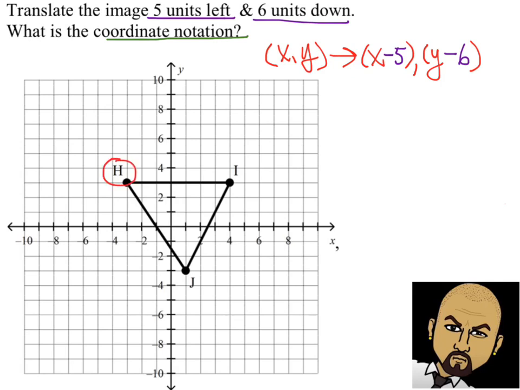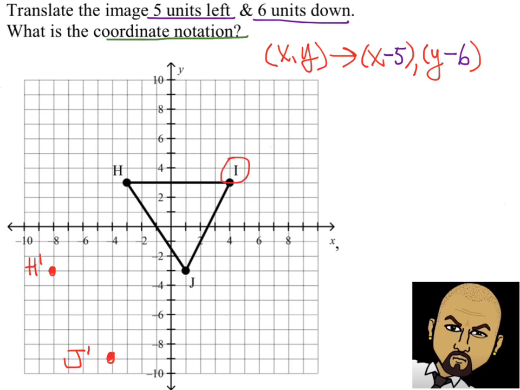All right, so let's start off with point H. Let's translate it 5 units left and 6 units down. So we're going to count 5 units to the left, and then we're going to count 6 units down, and then we're going to put a new point or vertex, and we're going to label that H prime. Then we go on to the next vertex, in this case J, point J, and we're going to do the same thing. 5 units left and 6 units down, put a point, and so we're translating vertex J, so we're going to label it J